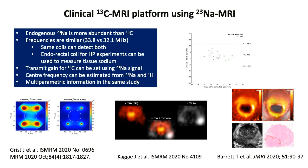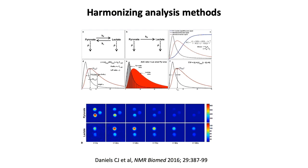It's important not only to improve acquisition but also analysis methods, and in fact harmonizing analysis methods is key for future multi-center trials. And in this study by Charlie Daniels, looking at a phantom model with tubes containing different concentrations of enzymes, she compared these different approaches from, in the top left, the two-site exchange model, generating a kP or a kPL, which is an apparent exchange rate for the enzyme lactate dehydrogenase,